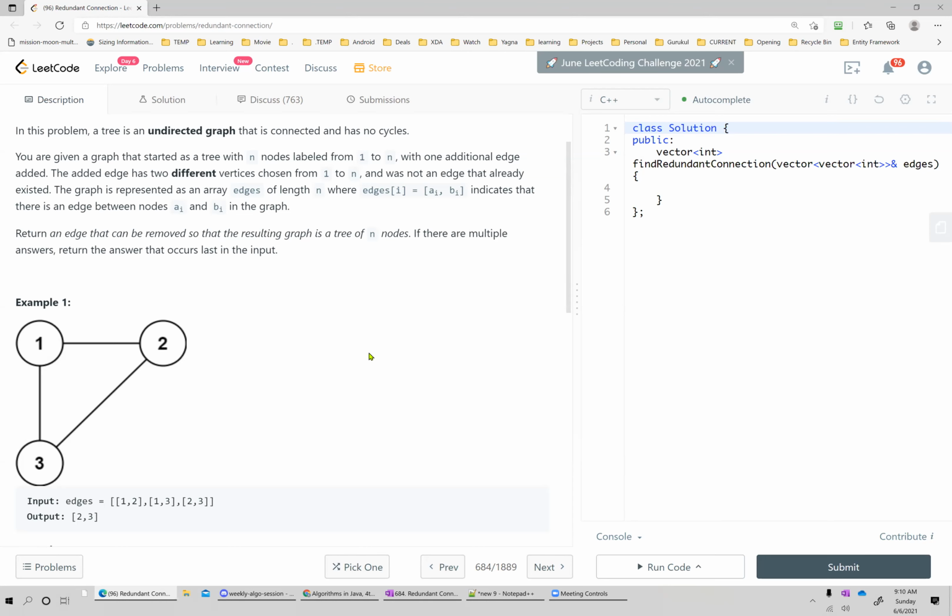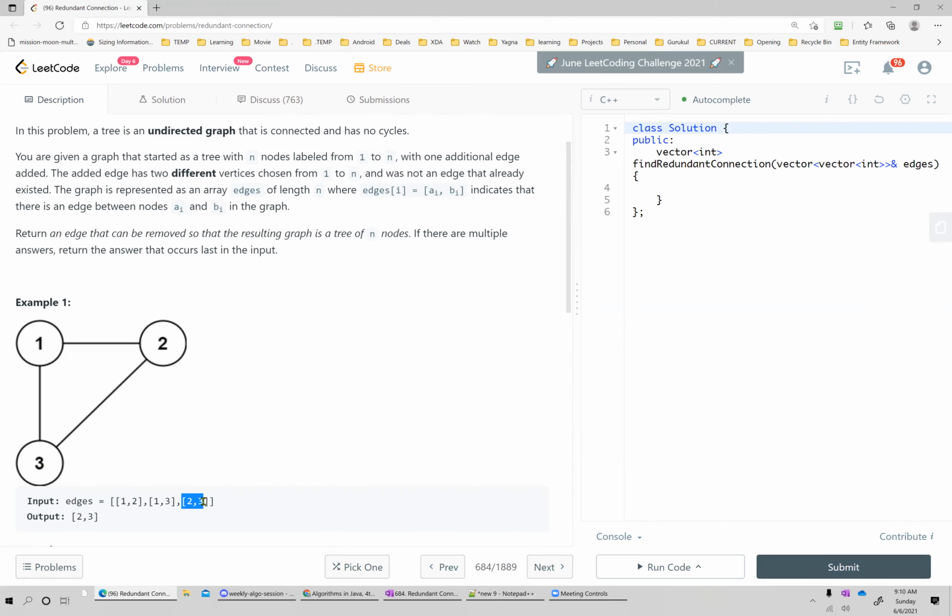Okay. So the question says that we are given an undirected graph and all the edges, right? And there are extra edges in that we don't need. For example, 1 and 2 are connected, and 1 and 3 are connected, right?